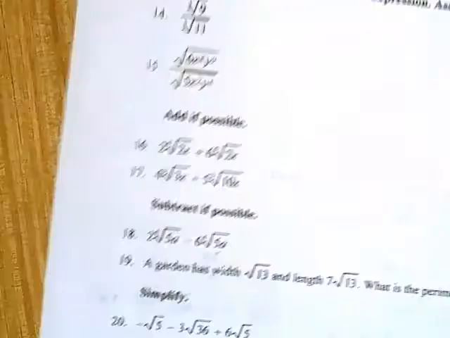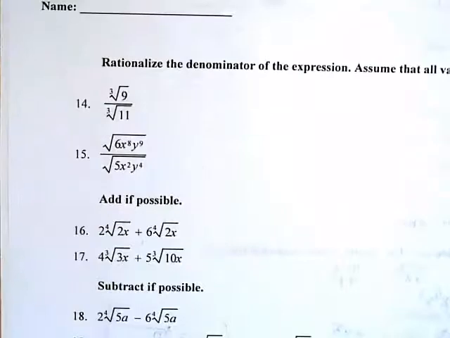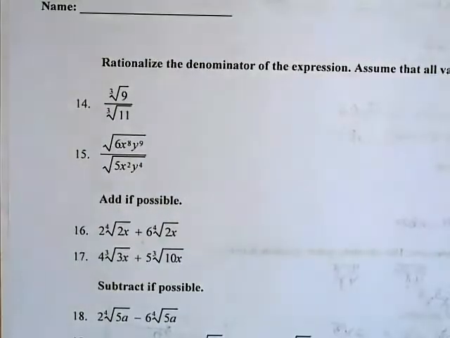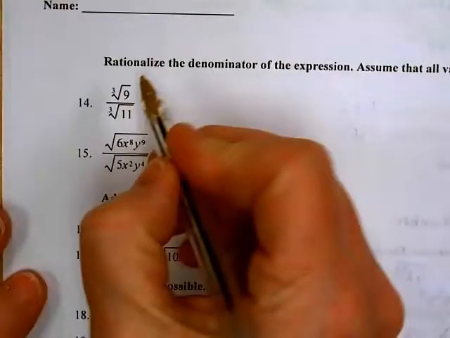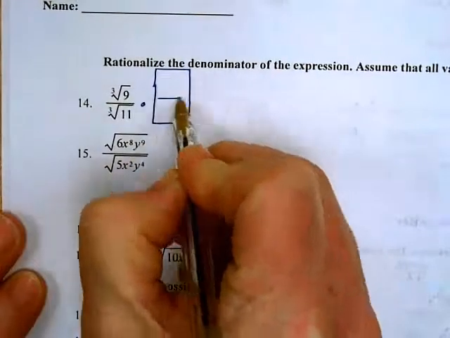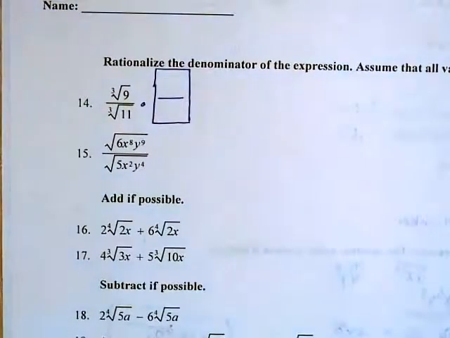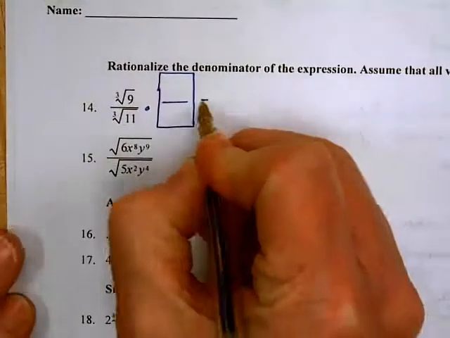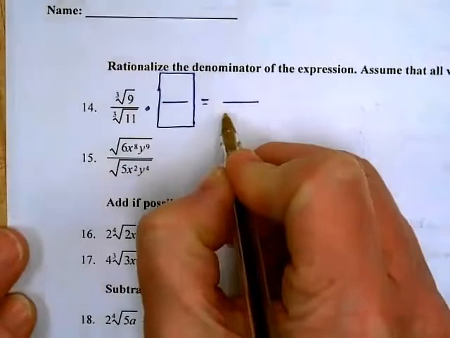Rationalize the denominator of the expression. You cannot have a radical in the bottom of the fraction. So what you do is you multiply by 1. You multiply by a ratio that's equal to 1, so they have the same thing in the numerator and the denominator. To figure out what you want those numerators and denominators to be,